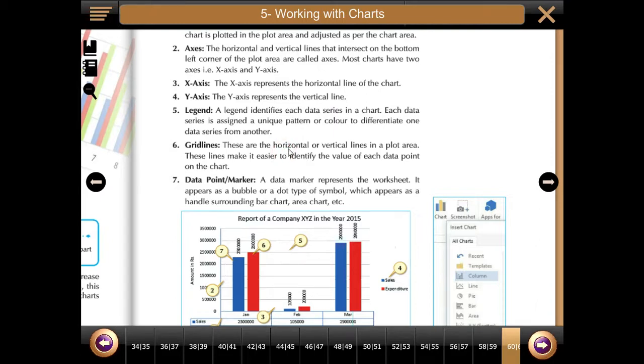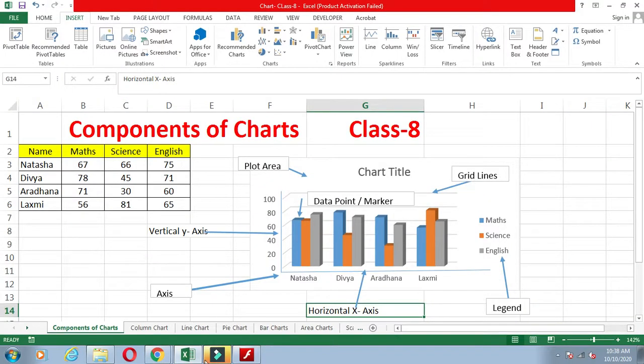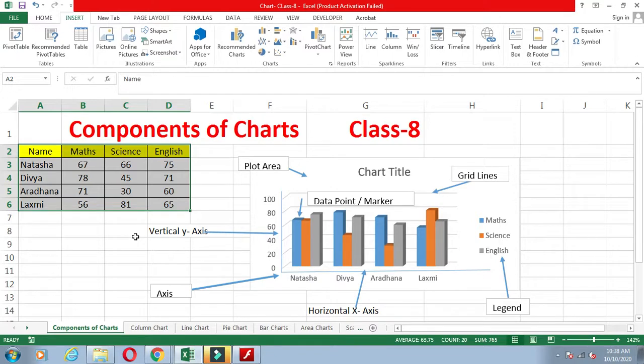I will show you the graphs. I had made one chart here. It is already made. I typed this chart here. What is in this chart? There is a name and subject names: math, science and English. And here are some students' names, and they got marks in the respective subjects. So this is one chart I had made here.